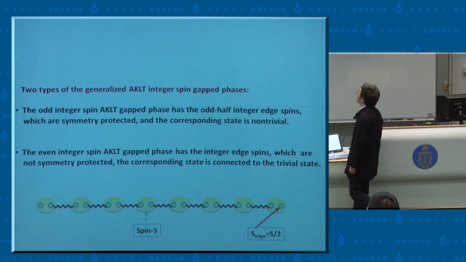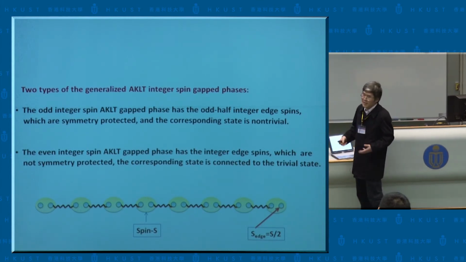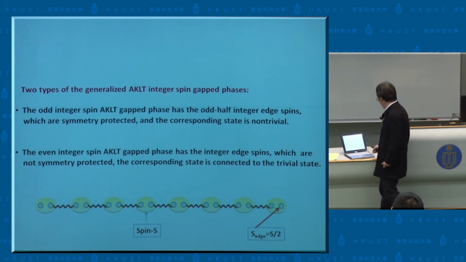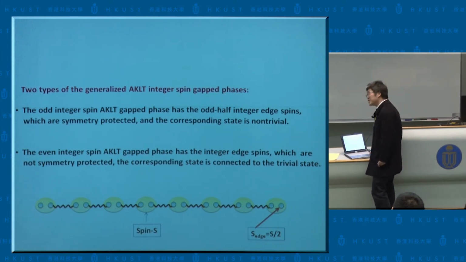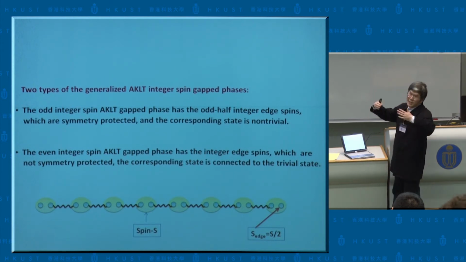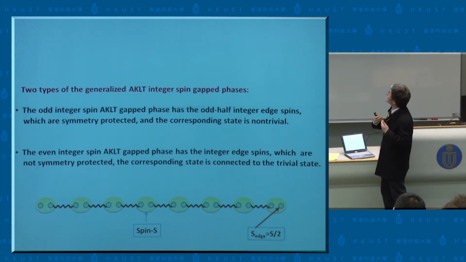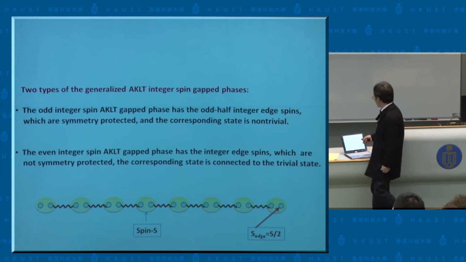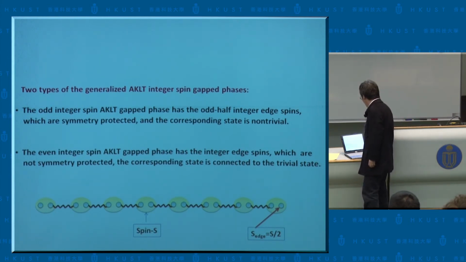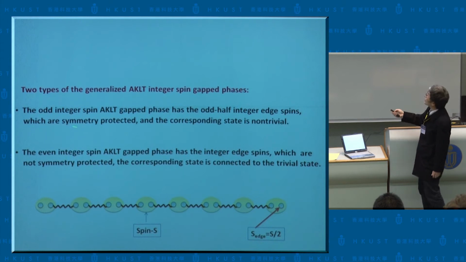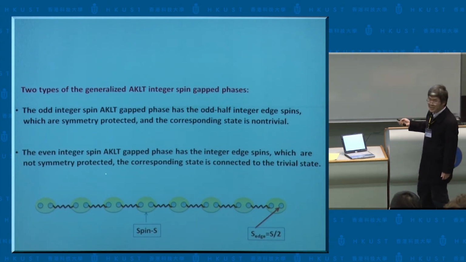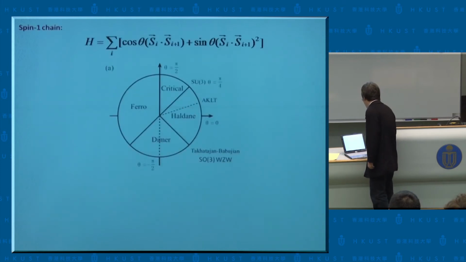So in this sense, for the general quantum spin chain, there are three different families of ground states. One is for the half-odd integer spin, and for the integer spin chain, there are also two different families of states. And in order to deeply understand the difference between the odd integer spin gap phase and the even integer gap states, recently we